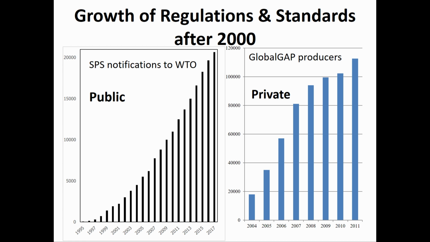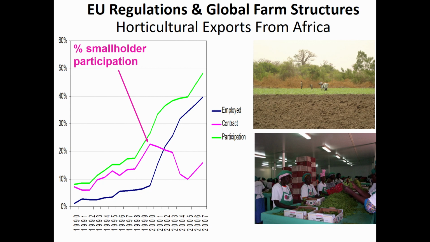Now, we've done a number of studies on the impacts of that. I'm just going to show you very briefly 2 slides, but of course, already other speakers today, such as Tom and David Zilberman, have talked about these things. So this is how they affected, for example, global farm structures. So this is basically where the purple line goes down.